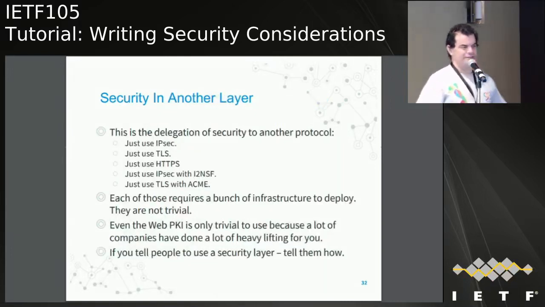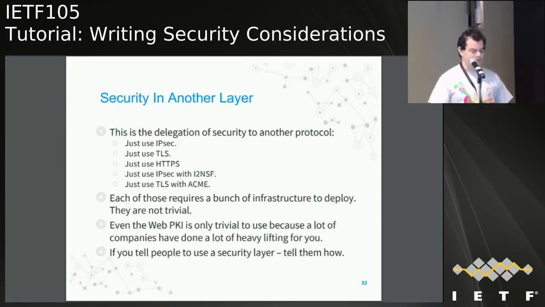Okay, another thing we see a lot, and the first one here was actually the thing that drove people to write RFC 3552, is we don't have to do security because security is in some other layer. This comes up as in just use IPsec. That was very common in the past. Just use TLS, that's more common lately, or just use HTTPS, or IPsec with the I2NSF extension that we're doing now, and soon to be published, and just use TLS with ACME, that's been published for half a year. Okay, so